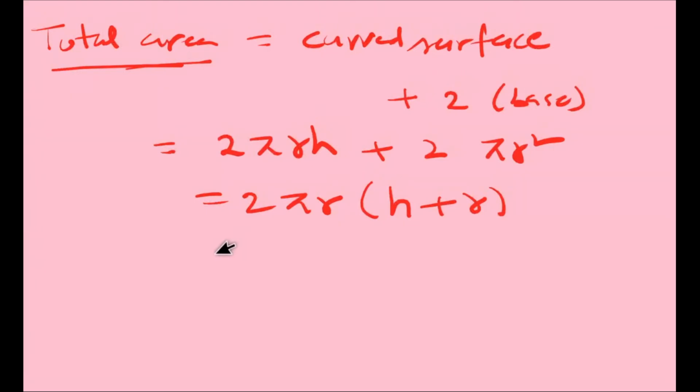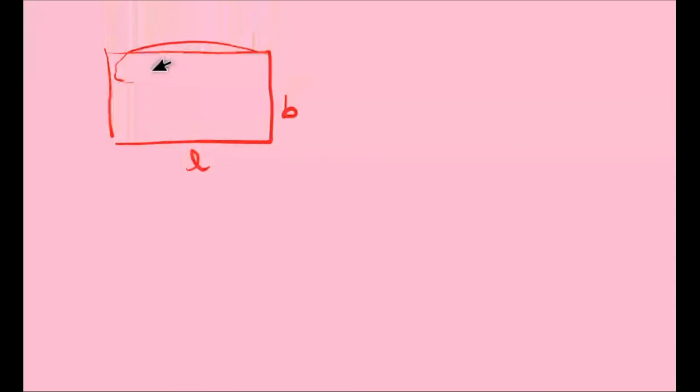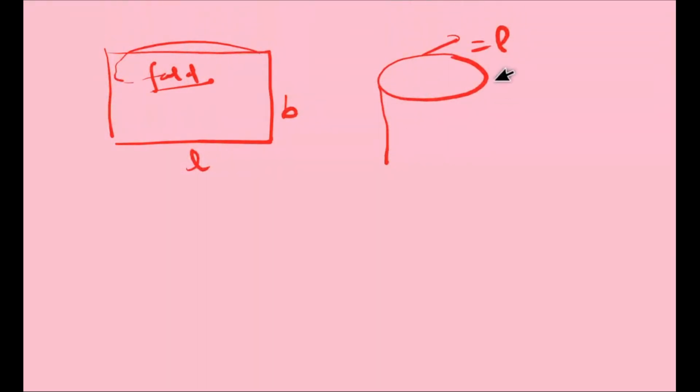Okay student. Now we will talk about the cylinder some more. If you have a rectangle, let it be a piece of paper with a length and breadth, and you fold it this way, then you find the circumference is equal to the length, and the height is the breadth. Height is breadth, and length L equals 2 pi r.